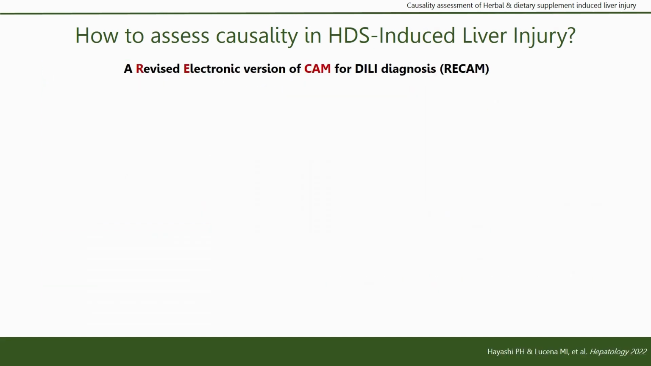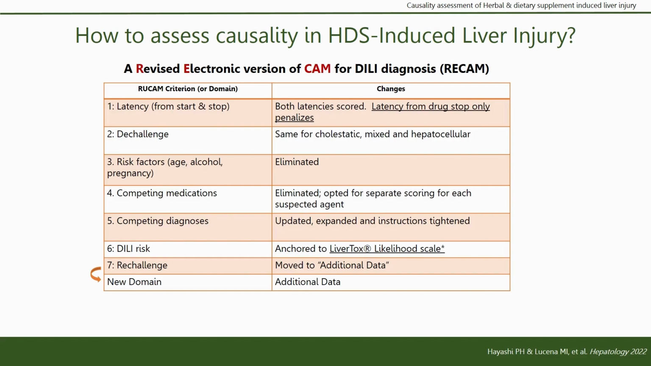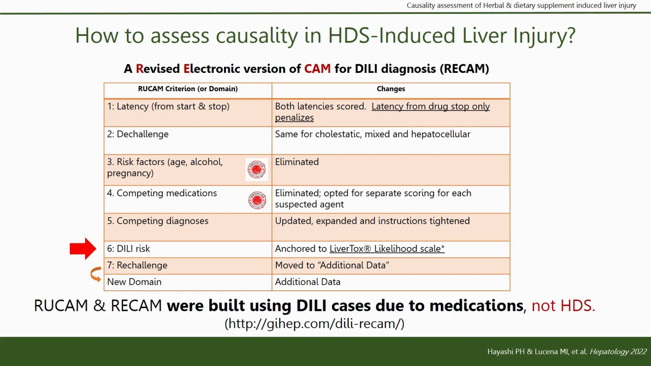The RUCAM scale has recently been updated and computerized and moved to RECAM, the revised electronic version of the causality assessment method for DILI diagnosis. The authors removed 2 criteria: risk factor and competing medication, and the drug-specific risk was anchored to the LiverTox likelihood scale. The main advantage of this revised scale is a better agreement with expert opinion and a better sensitivity to detect extreme diagnostic categories. Even if we use them, it is crucial to remember that none, RUCAM or RECAM,